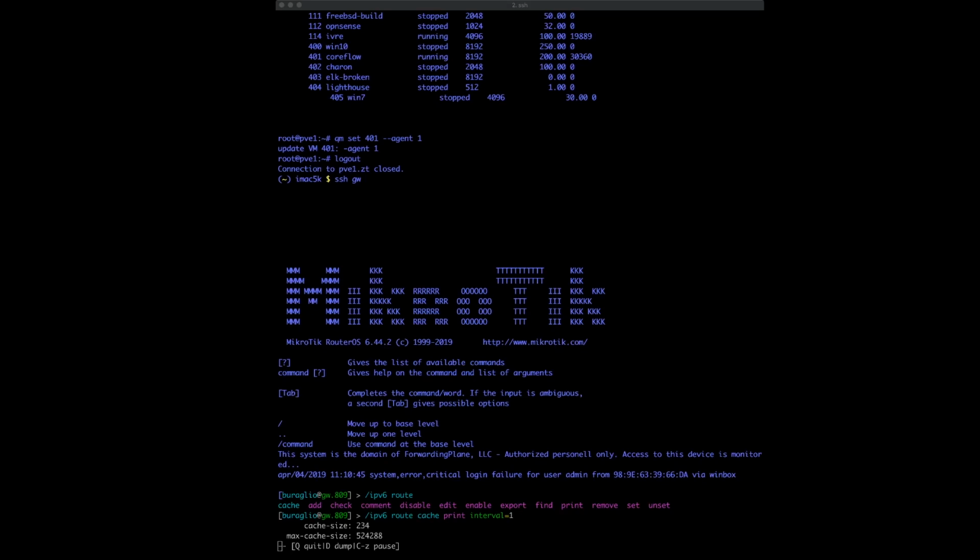So recently Mikrotik released version 6.44.2 in their stable train, which was set to address the IPv6 route cache and neighbor table issues that they had recently had. Right here I've got a router running route cache print interval 1, so we can watch the event occur,